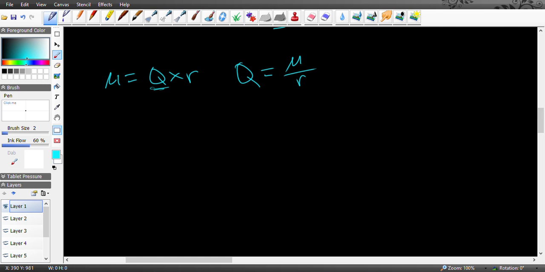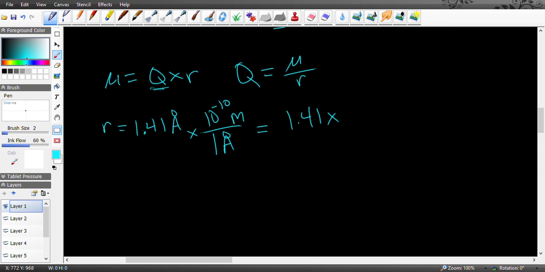Okay. So first thing I'm going to do with this is I'm going to take my R. You can do either one first, but I'm going to do R. My 1.41 angstroms, and I'm going to turn that into meters, and you'll see why in 1 second. So 1 angstrom is 10 to the negative 10 meters. So we get 1.41 times 10 to the negative 10 meters. That's our R, and our U is